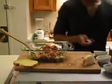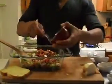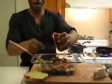Alright. Now we're going to beat this really fast, and we're just going to put that right on top of that, like so. Alright, now what that's going to allow is for the flavoring to be mouth-watering, which is what we're really going for. Now, to make it stretch a little bit more, we always like to throw a little bit of breadcrumbs